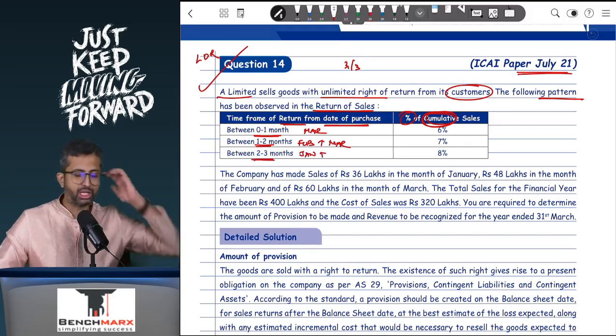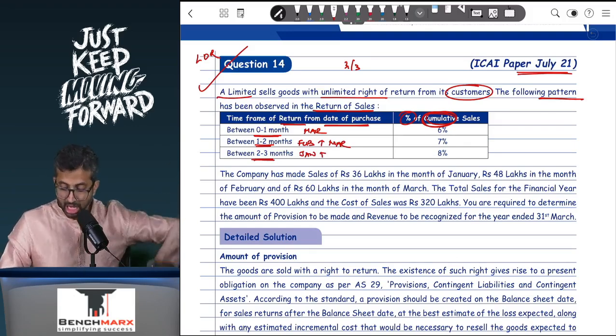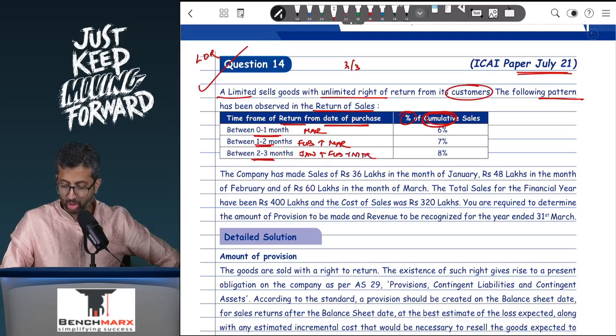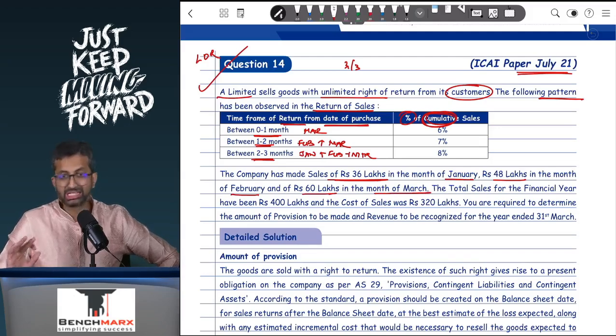However, that is 2 to 3 months away from 31st March. However, because it is cumulative sales, it is Jan plus Feb plus March, and the Institute has also done it accordingly. Now the company has made sales of 36 lakhs in January, 48 lakhs in February, and 60 lakhs in the month of March. So if I look at the cumulative sales only from 1st March to 31st March, that will only be 60 lakhs. If I look at the cumulative sales from 1st February till 31st March, this is 60,